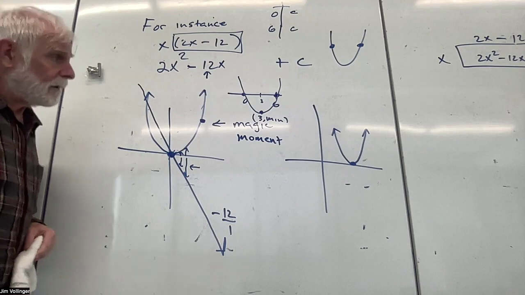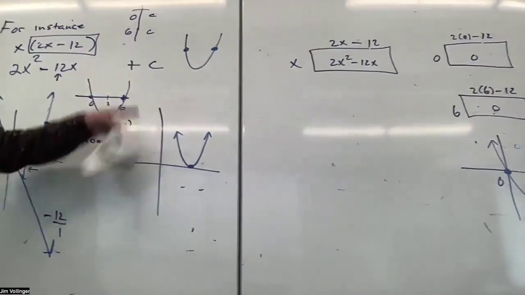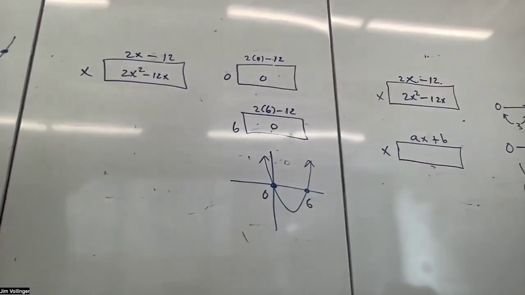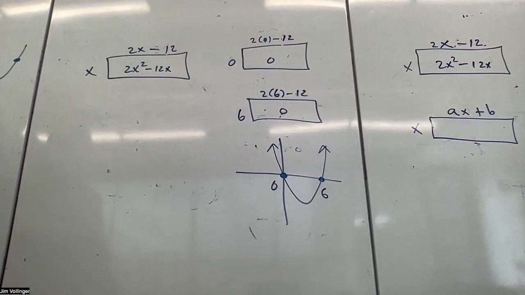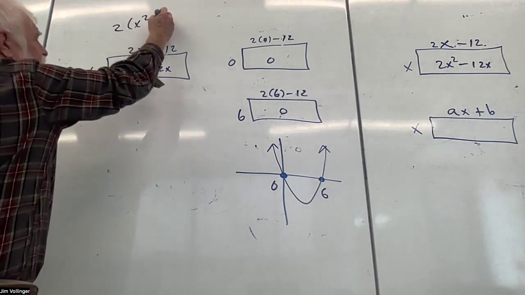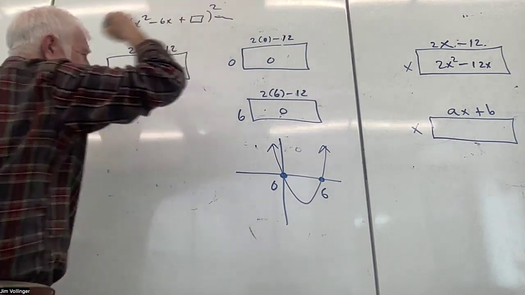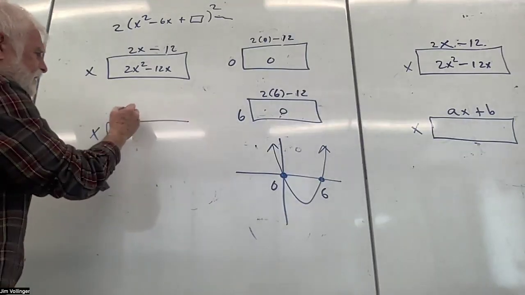All right. So what do we do with this rectangle? We complete the square. And how do we do that? Well, we do 2 times x squared minus 6x, and then you leave a space open and so on. That takes forever. All right, so we want to look at x times ax plus b,